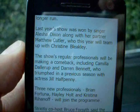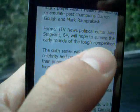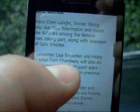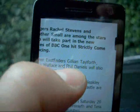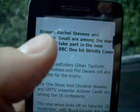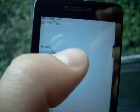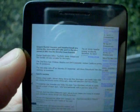So you can see a news story here about Strictly Come Dancing, which is an appalling show, but obviously they've got some nice ladies on there to attract the men, and I'll certainly be giving it a quick look. So you can see Rachel Stevens and Heather Smaller coming onto the show. Double click again, it zooms back out. We can see